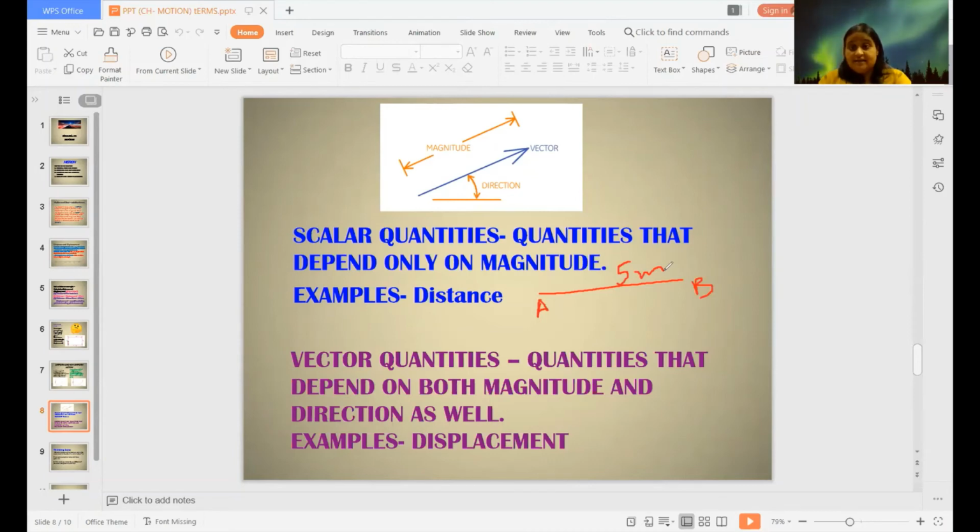But the vector quantity tells us about magnitude also, how much it has been covered, but also in which direction it has been covered. If it is going, say, towards the right, generally we take it as a positive sign. So if it is moving from A to B, we are taking +5. When it is returning back, going in the opposite direction, it is 5 meter, but because of the change in direction, it turns around and goes along the same way in the opposite direction. So +5 will become -5. So +5 -5 becomes 0. So displacement is 0 in that case.